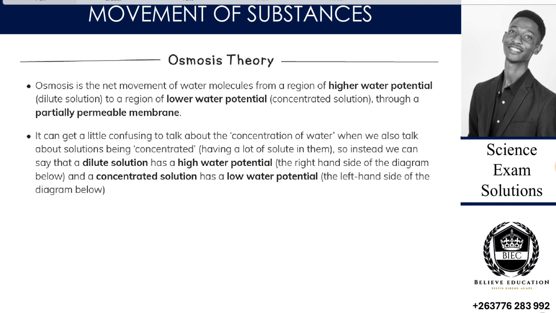So after having known osmosis, what it is, we have to look at the theory behind it. When we want to discuss osmosis, maybe we are explaining a particular factor, and we consider osmosis to be the one true chance to explain that factor. We would have to look at the theory of osmosis. And so the theory will suggest that osmosis is the net movement of water molecules.